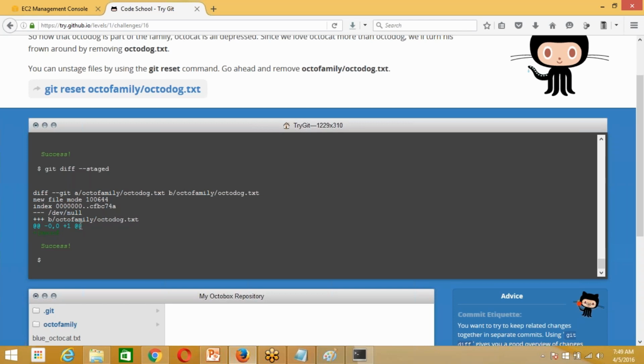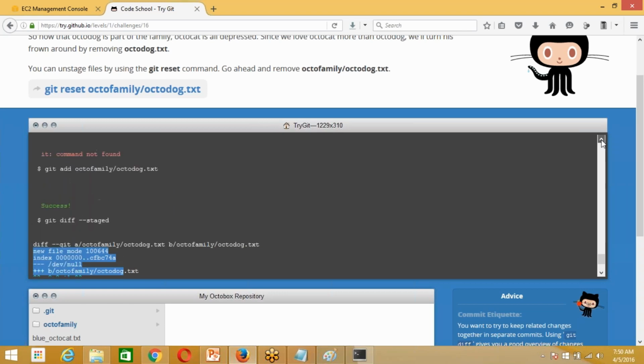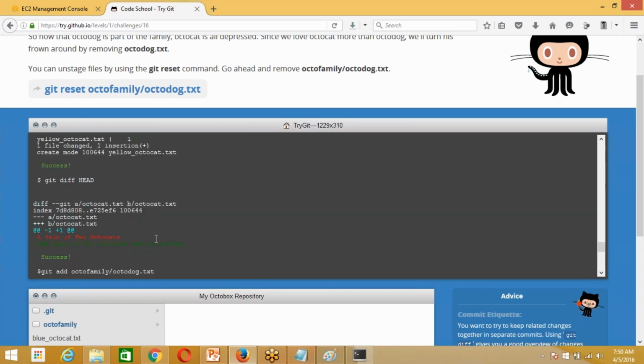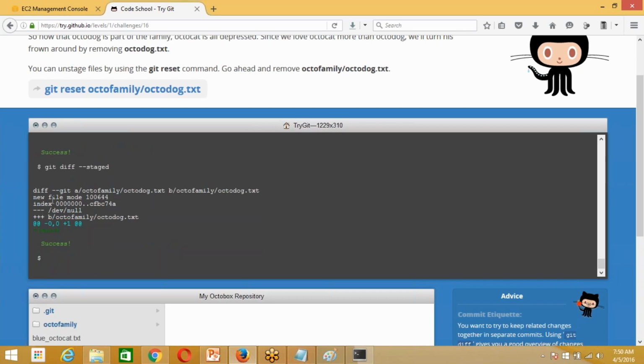So now if you check the status, we have added a new file. In the previous difference we saw that octocat was the last file we added in the last git diff head, and now after the file change, when we run git diff again, octodog has been added.